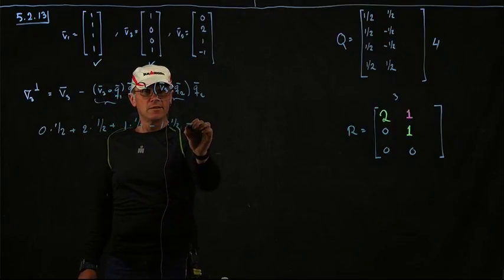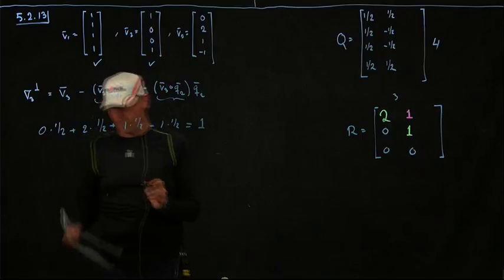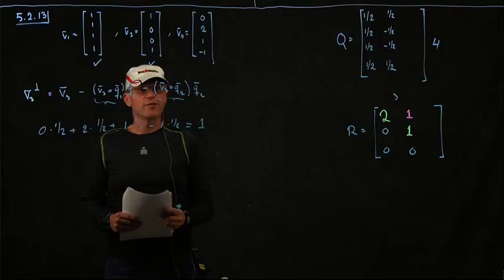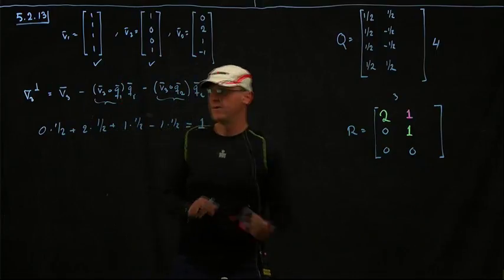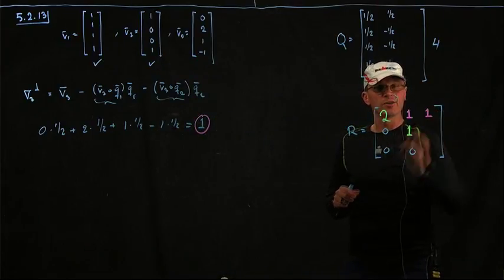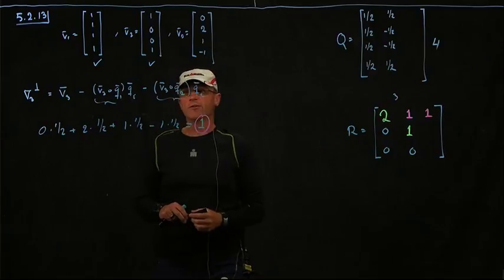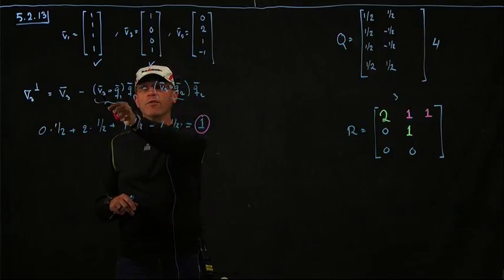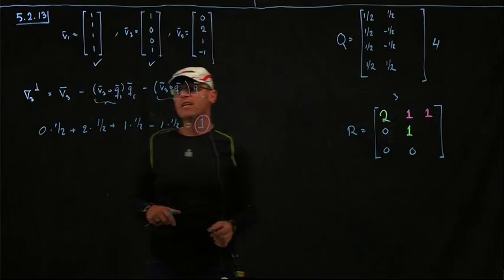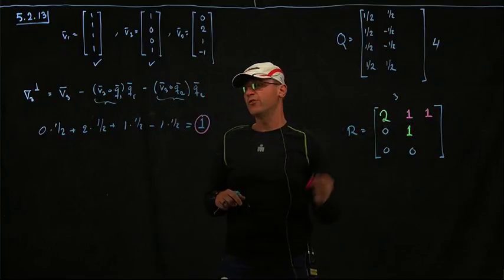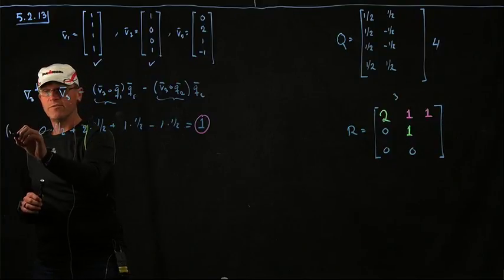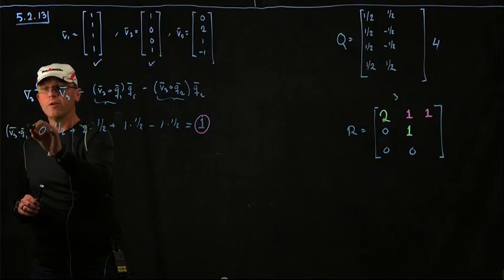So that is 1, right? And my notes agree. So that 1 ends up over here, right? So dot products end up above the diagonal, right? So we have the third vector, V3, so we end up in the third column over here. We dotted with Q1, so we end up in the first row. Okay, so this was V3 dot Q1.